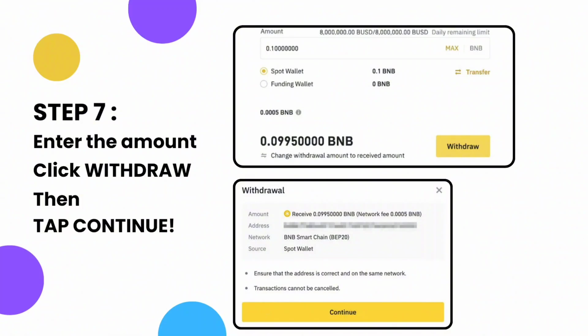You'll be asked one more time to verify if it's the right blockchain network before seeing this final withdrawal confirmation page where you review the details of your withdrawal including the amount and network fee. So verify everything before clicking the continue button and then just simply tap in the continue button if it's all